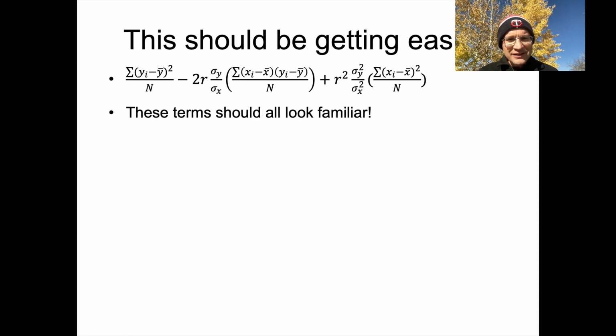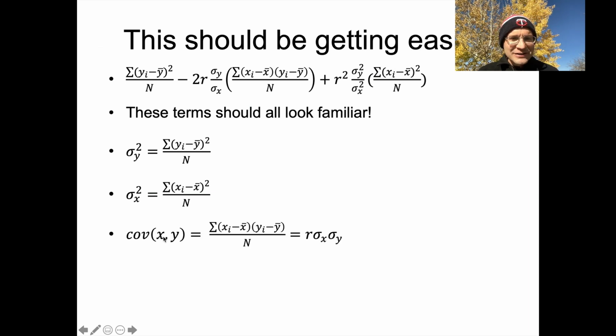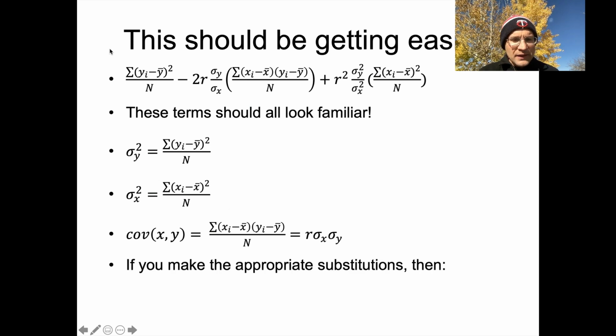and then say, look, a lot of this stuff in here should look familiar. So number 1, the variance of y is this guy right here. Number 2, the variance of x is this guy right over here. And then number 3, the covariance of x and y is this stuff right in the middle here. And we can actually take a step further and say that's equal to r times the standard deviation of x times the standard deviation of y. And we can substitute all these terms, which have just variance or standard deviation in them, or r, and then all of a sudden we get an equation that looks like this.